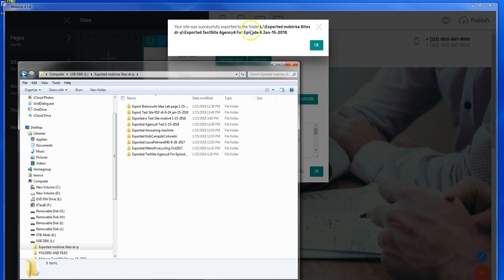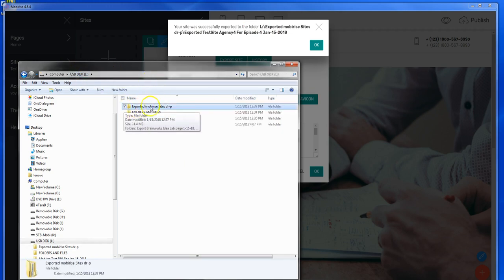Now, I don't know if you see my cleverness here, but when I created exported sites, I named this folder Exported Mobirise Sites dr-p. And that is because the user was not this user. The user was